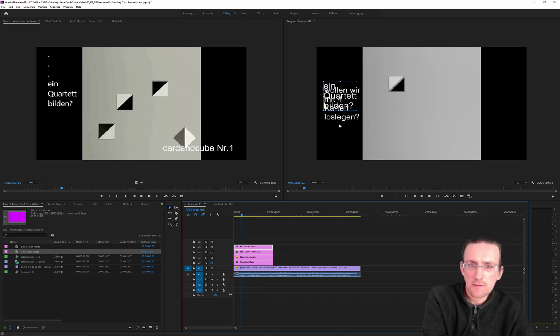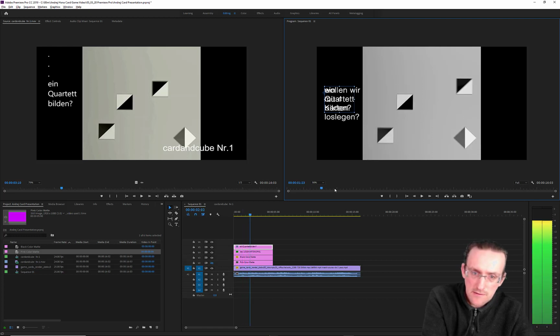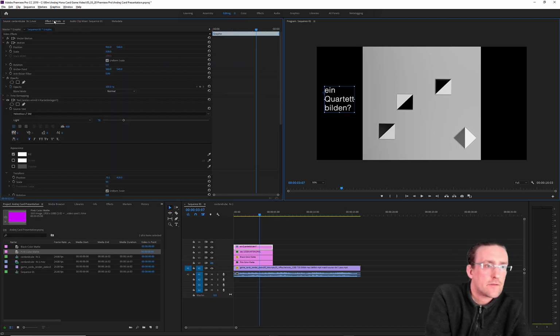Comparing the text to the previous one, I'm just going to drag that and try and make it the same kind of size, and of course it needs to appear at around 310. Effect controls, and then